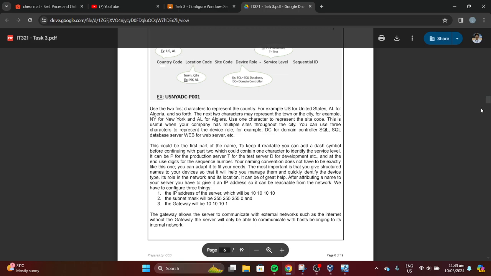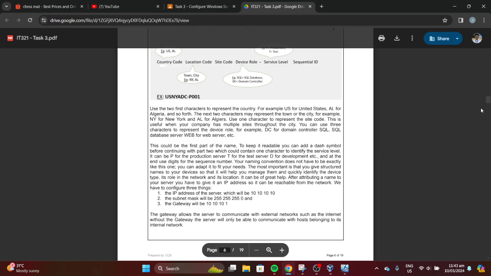Use the first two characters to represent the country, for example, US for United States, DZ for Algeria, and so forth. The next two characters may represent the town or the city, for example NY for New York and AL for Algiers. Use one character to represent the site code.